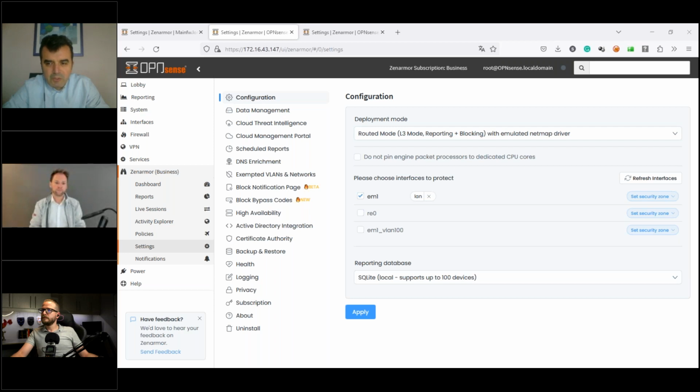So we filter one interface, and users cannot see it in the available list. So the best practice and advised configuration is to protect the LAN interface on ZenArmor.